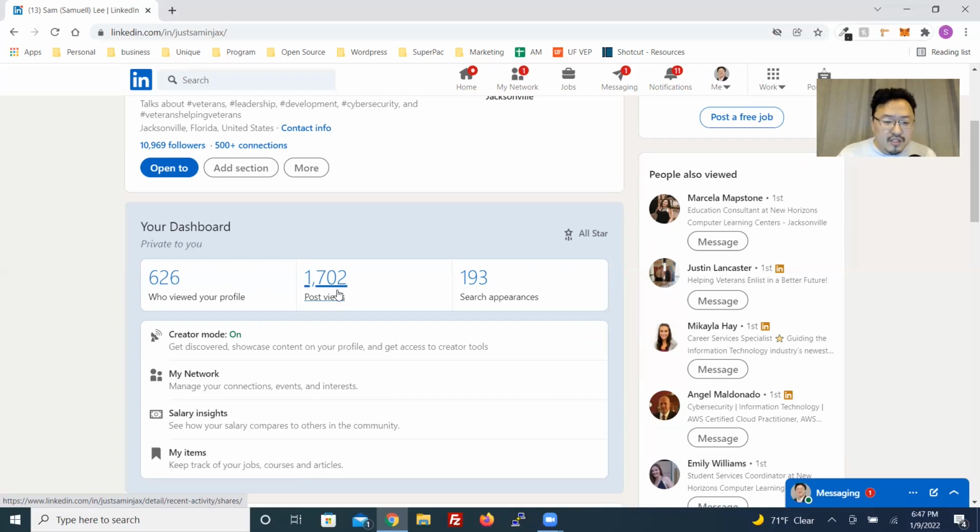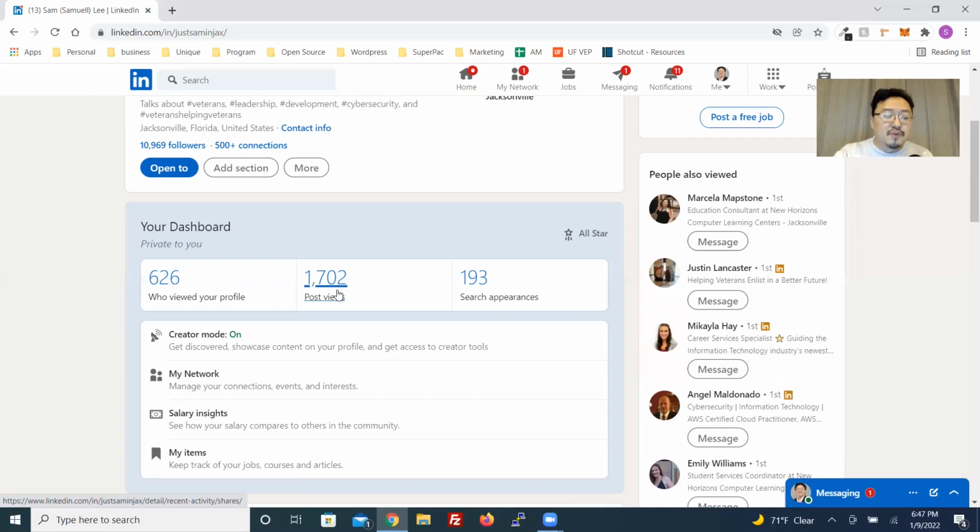So, Instagram, you're looking at 2 to 3 posts per day as kind of the average, and you want to post every single day. Twitter, you're looking at 4, 5, 6 tweets per day. You want to tweet, if possible, every single day. LinkedIn is different though. If I'm on LinkedIn, what I want to do is make one post on average about 2 to 3 times per week. That's it. One post per day, 2 to 3 times per week is very good for engagement. If you do more, great. If it's less, that's fine too, right? But ideally it's one post per day, 2 to 3 times per week.